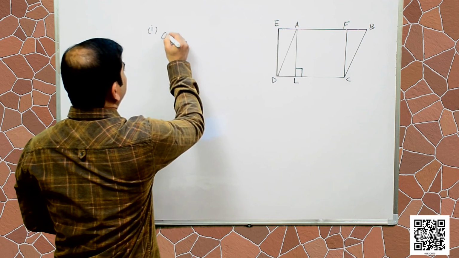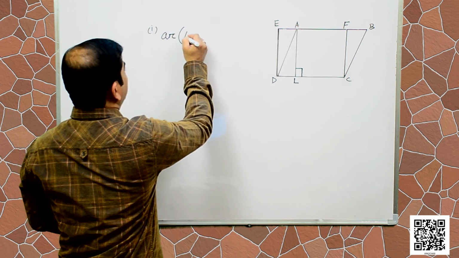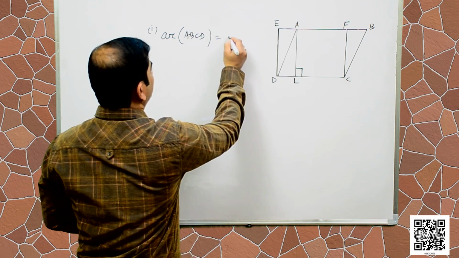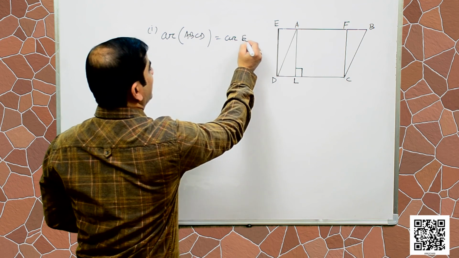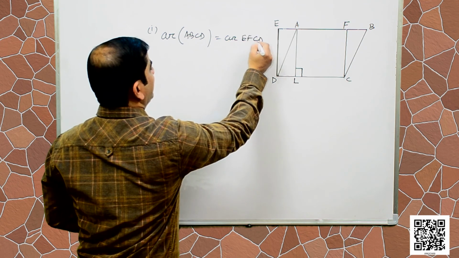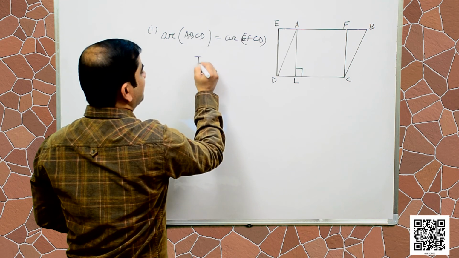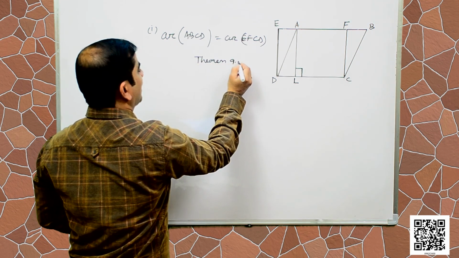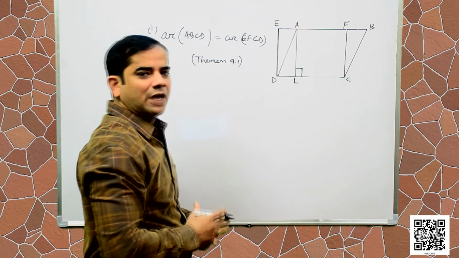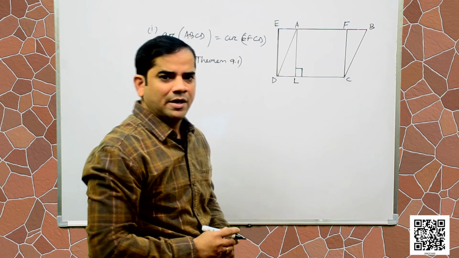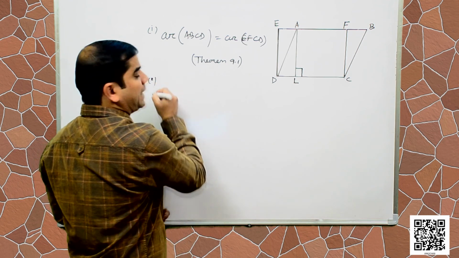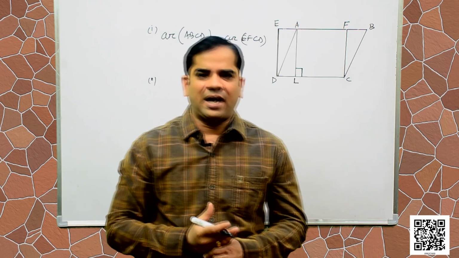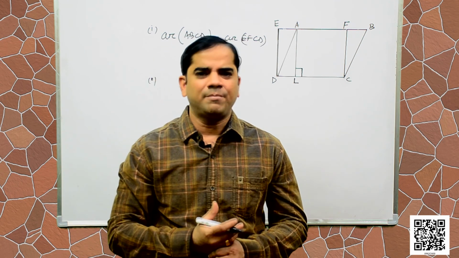This is because of theorem 9.1, which we have already discussed. And for part 2, as these areas are equal,